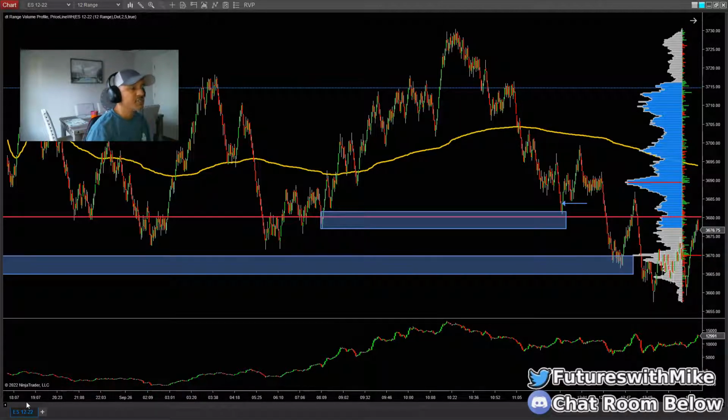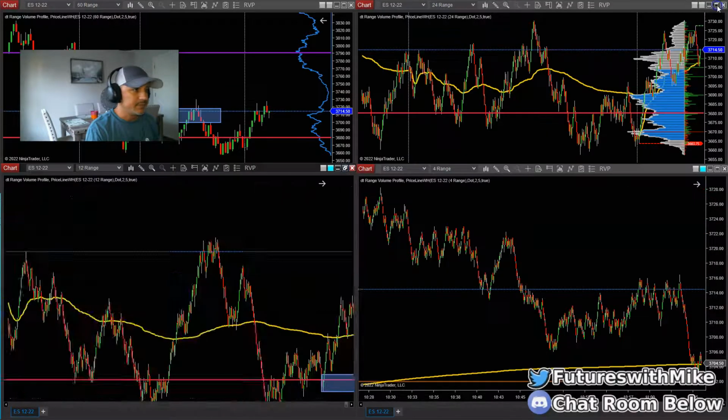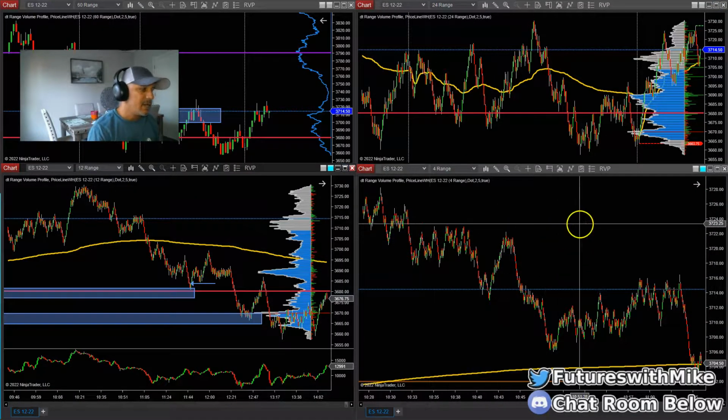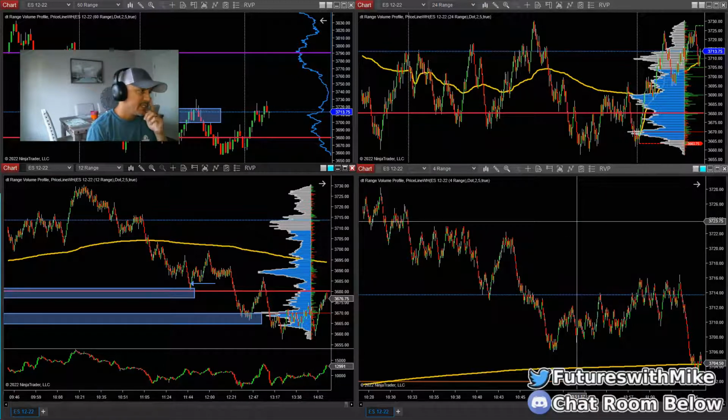So I want to show you some areas in the market, some basic setups, things to actually look for that will probably help you in your own trading. And it's also around supply and demand, but first and foremost, you must understand market structure and you have to be able to read and follow price action, okay? But I'm going to minimize this. This is my charting layout pretty much, okay, guys? But the charts that I primarily put the most emphasis on are the 12 range and my 4 range. I like to pair charts together.